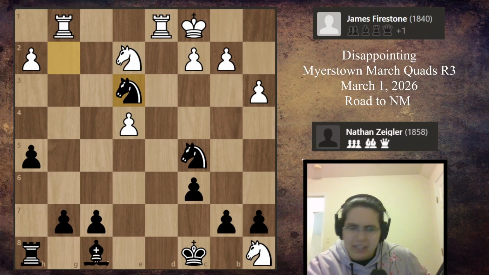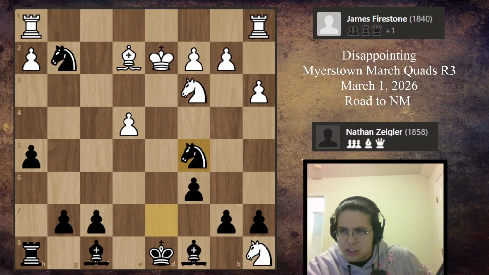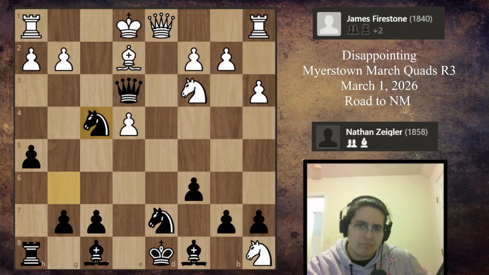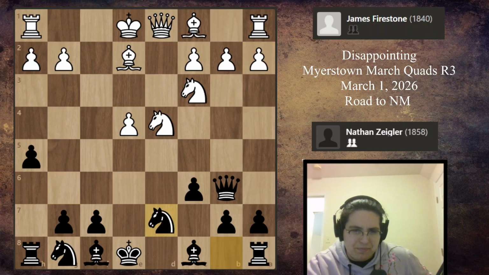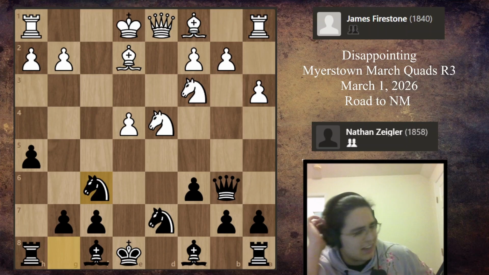Yeah, it's pretty tricky. Admittedly, it's very tricky, so I'm not really sure what I would have done. But the point is, there's a lot of tricks in this position. So anyways, all I have to say, after 8th, I went knight f6. Knight e7, there's a lot of...